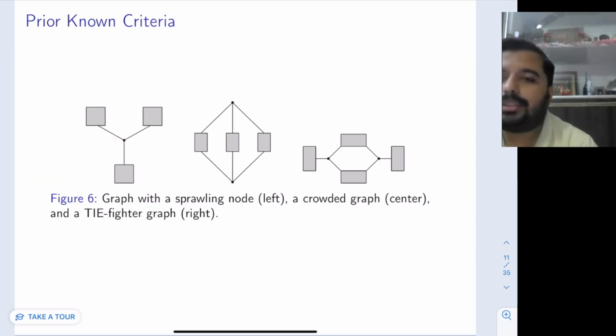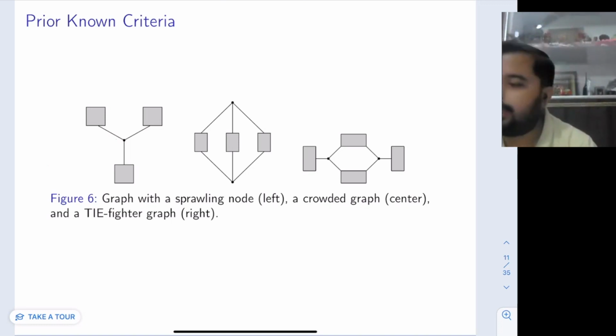And two more conditions came to be known. One is the TIE fighter. I guess all Star Wars fans can get the connection here. This looks like the TIE fighter plane in the movie, so there's nothing much more to say. If your graph actually looks like this TIE fighter, meaning the shaded portions are graphs of positive genus,